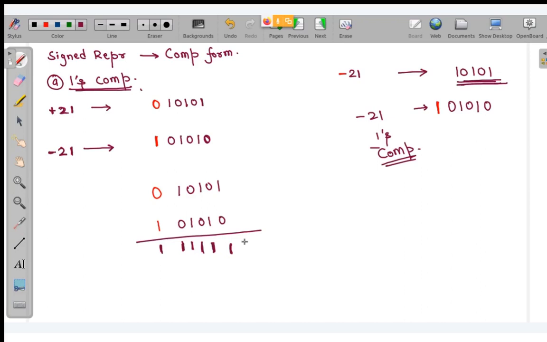So this result that we got, this is correct. Why? Look at the sign bit. I have represented it using this color. This sign bit is coming out to be 1. So 1 means this is a negative number. And if this is a negative number, to get the original number,